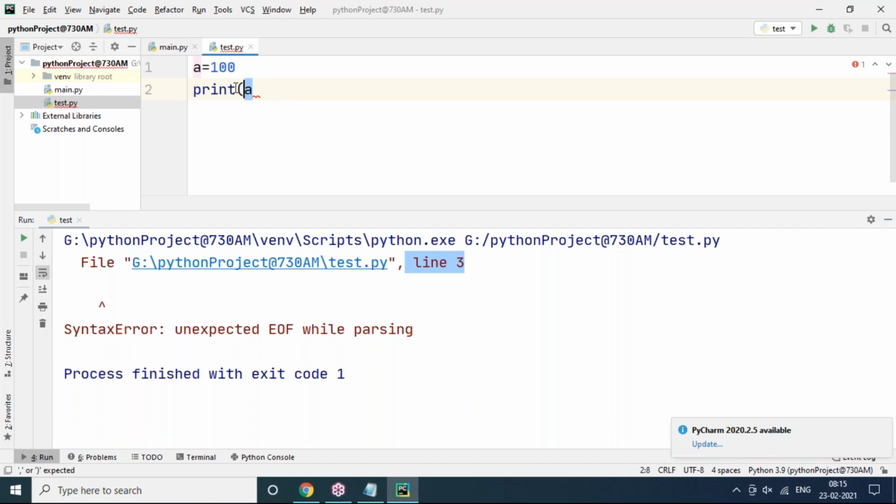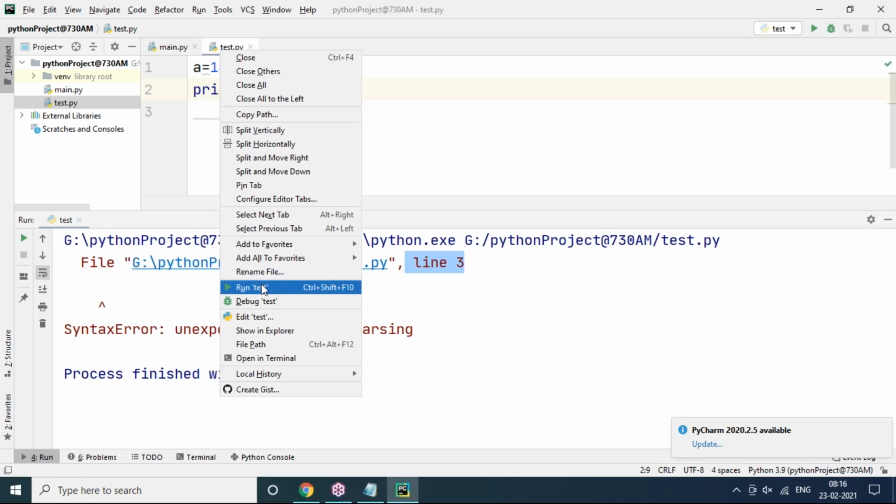Because it's going to be a print option. This is line number 1, line number 2. Next, only indentation is there here, so it is going to be considered line number 3. There is an error. After that, you cannot move. Here only we got the error. So you can't go for line number 3 here. So you are able to get it clear.